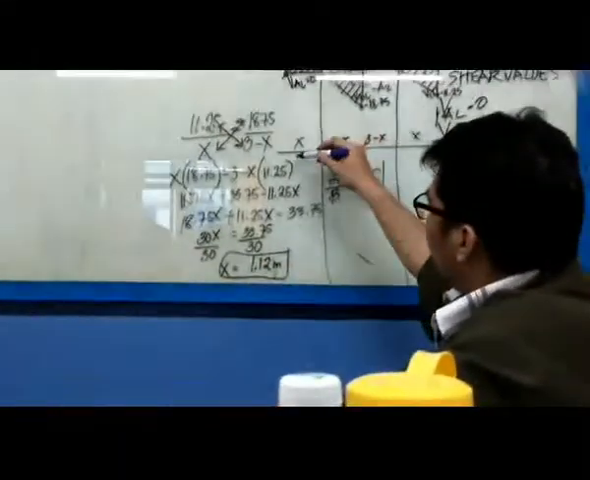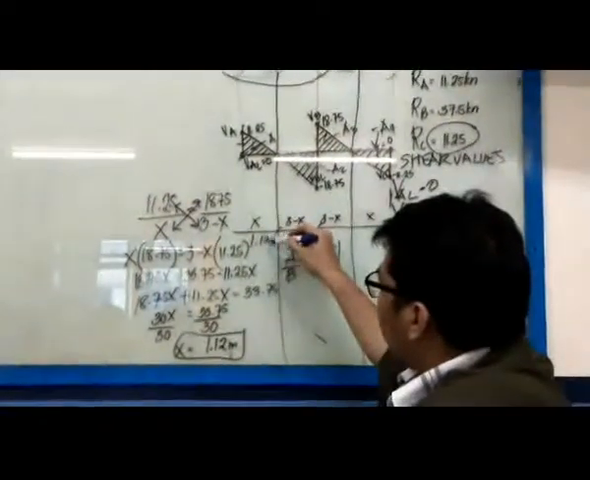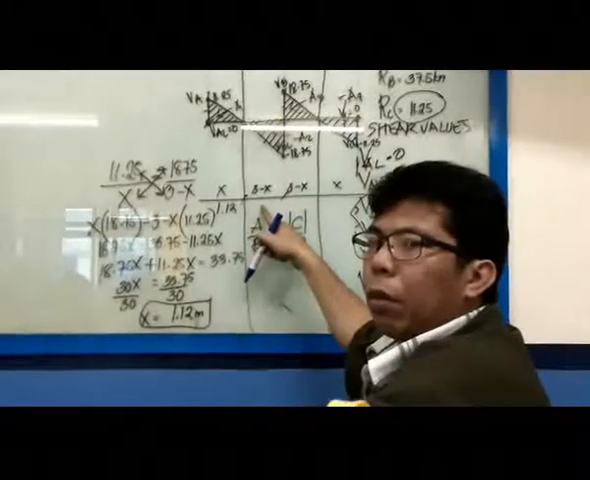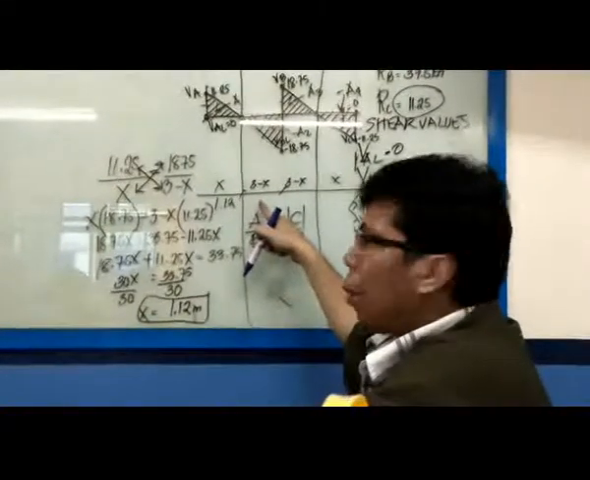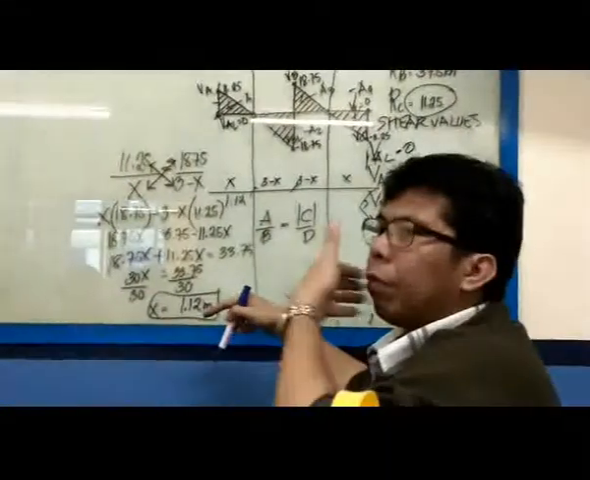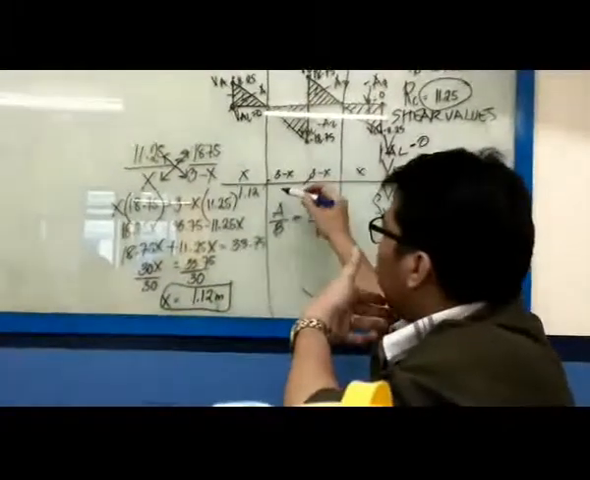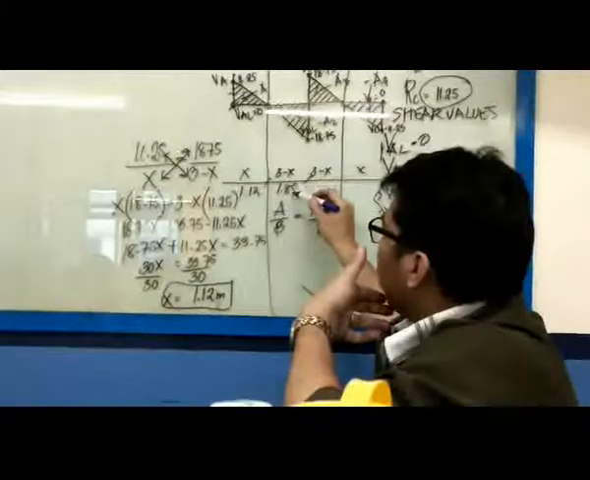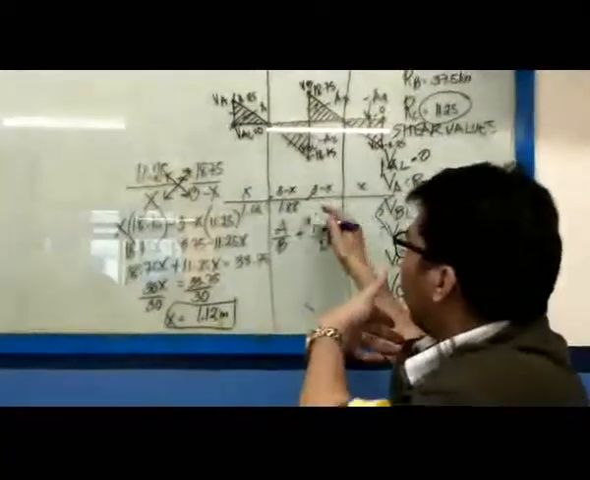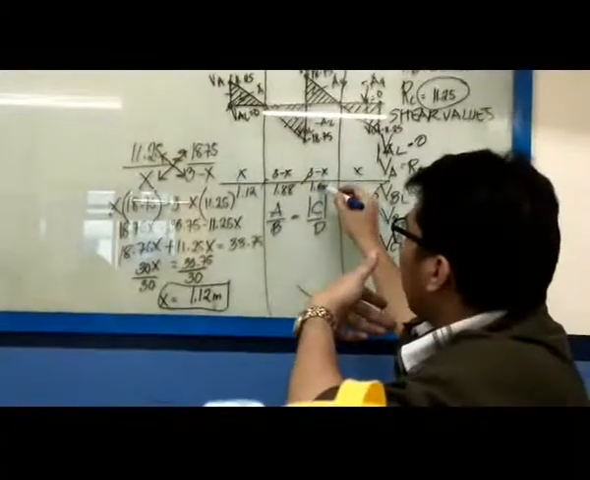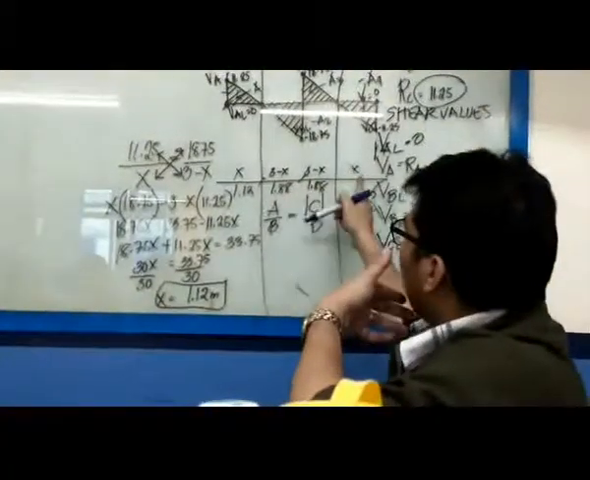So, kung 1.12 itong x, ano itong 3 minus x natin? 3 minus 1.12. 1.88. So, pag biniro nyo, pareho lang, no? So, 3 minus x, pareho lang, 1.88. Yung x natin,